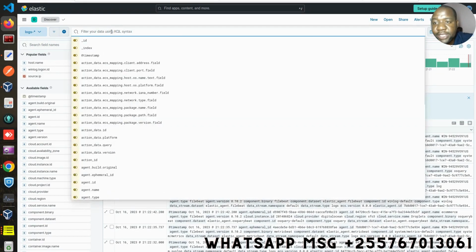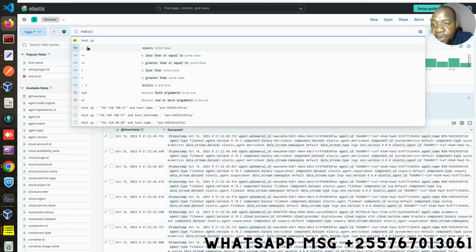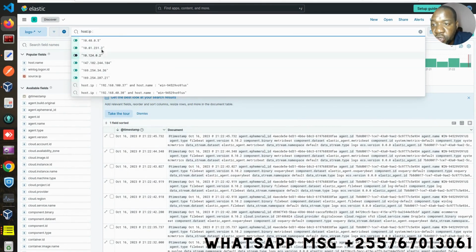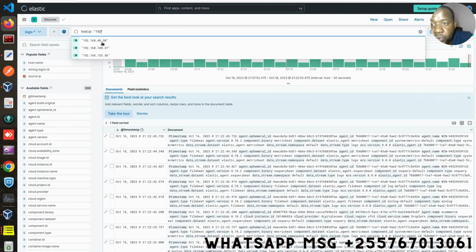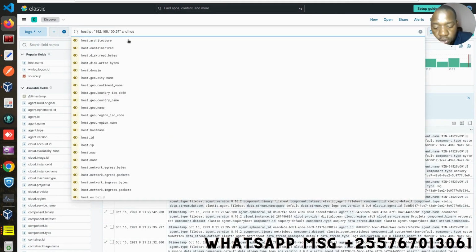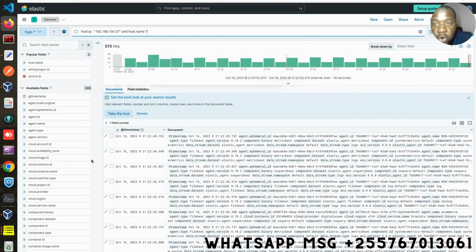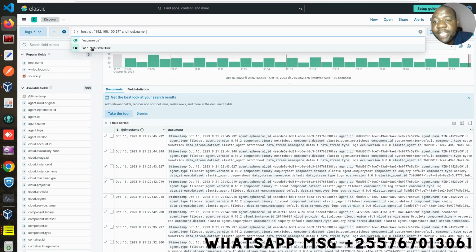So we can retype our filtering. We are based on the host IP, and we say that the host IP should be equal to something like 192. This is the one that we wanted, and we added AND, and we added the host name. So I'm just repeating what we already did. The host name, of course, we can say equal, and it gives you the operator based on what you have just